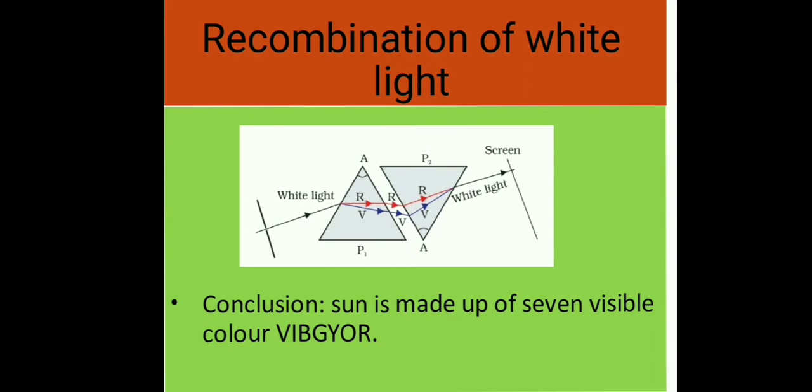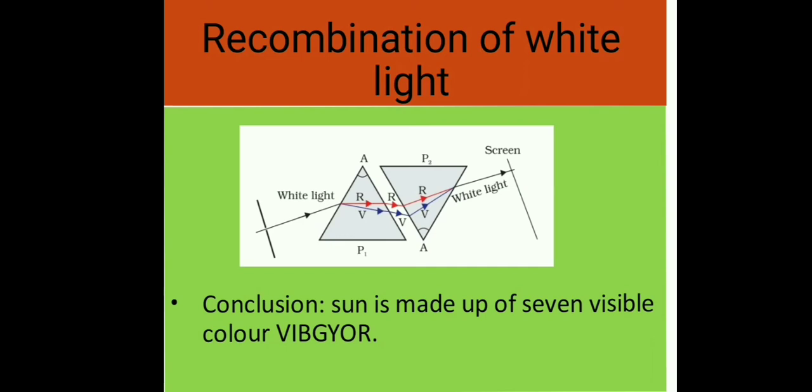Recombination of white light. Newton found that when an inverted prism is placed in the path of dispersed light, then after passing through the prism, they recombine to form white light. Now, to understand this point, we have to follow Sir Isaac Newton's experiment. He was the first who obtained a spectrum of sunlight by using a glass prism.